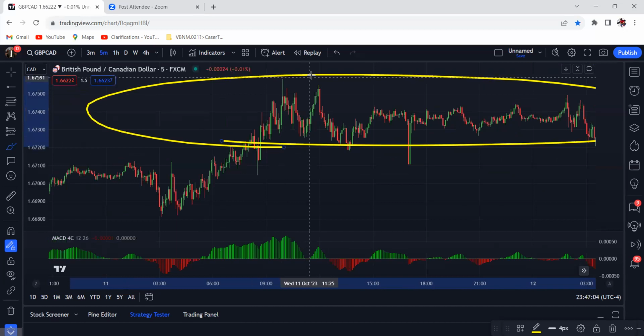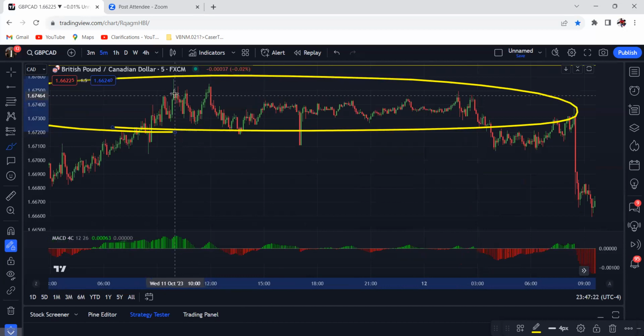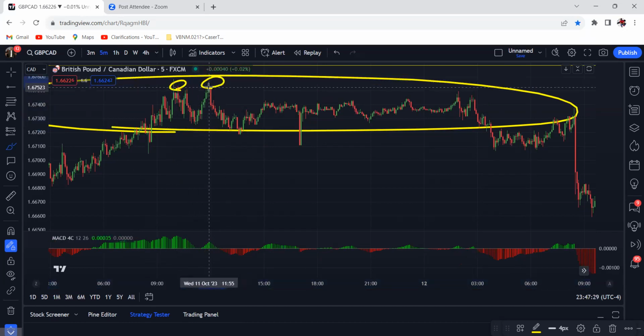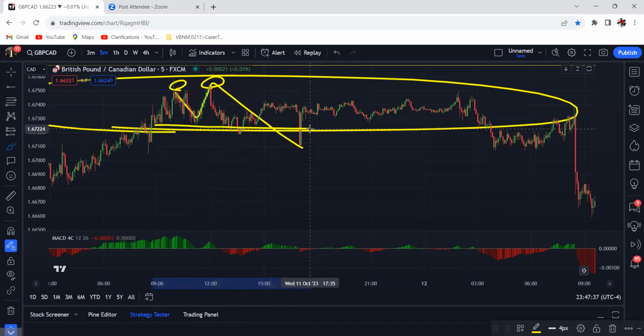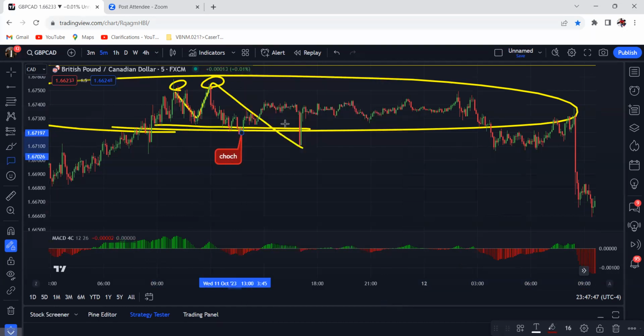So price is pulling up. We have this resistance right above us. Now we're trying to figure out, are we going to get this buy or sell? Well, look over here. Remember, we're going up. We have these higher highs. Perfect. But check this out. Price came down, boom, and then we get a change of character. Once we get a change of character, as we know, that is a potential trend reversal. So I have this change of character.